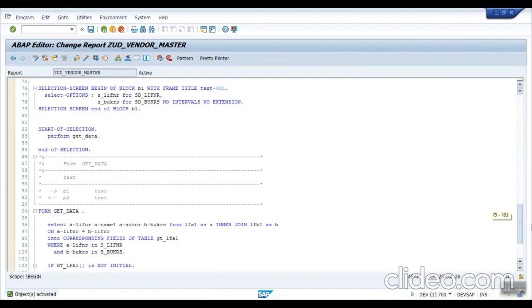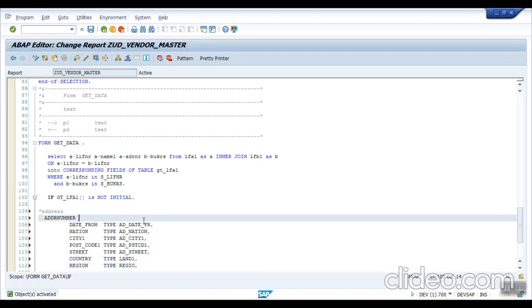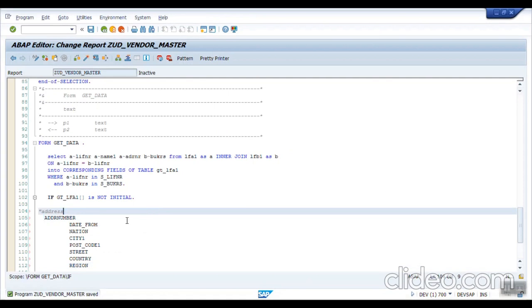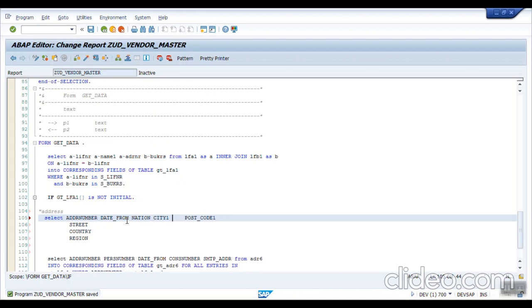So in the same way, before this I want to select the address, so it's the same logic here like for the ADRC, that is select address number, second is date from, and third field is my, let's say that is the nation, then I want city, I have postal code here, after postal code I have street, and then I have the country.